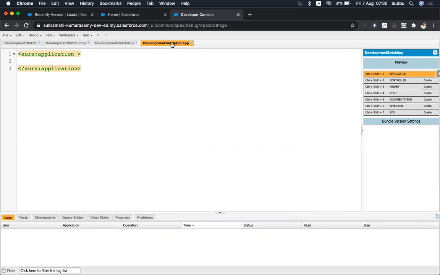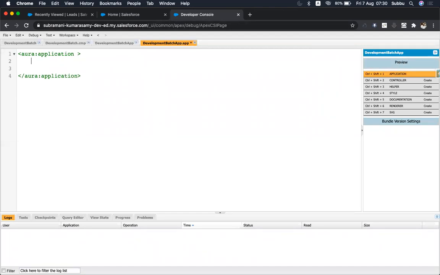You can launch it in the Heroku or somewhere, or else you can use the lightning application inside the Visualforce page. At that time you need to click on the lightning out. Okay, so for now I have created that lightning application. If you see, I have 7 component bundles, and I have an option to preview also.